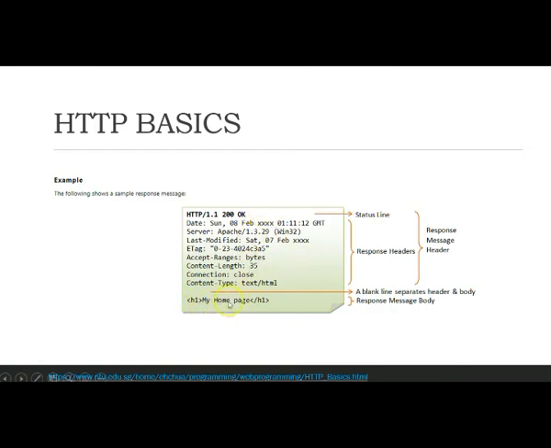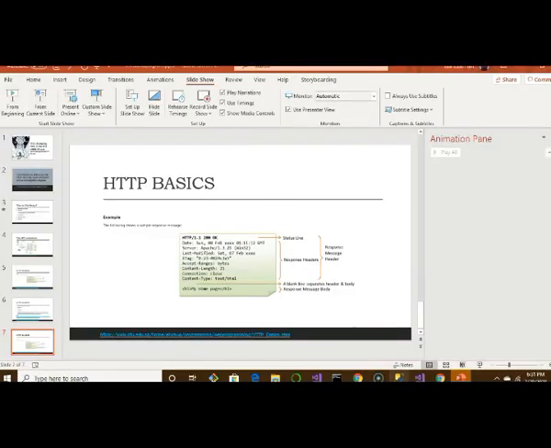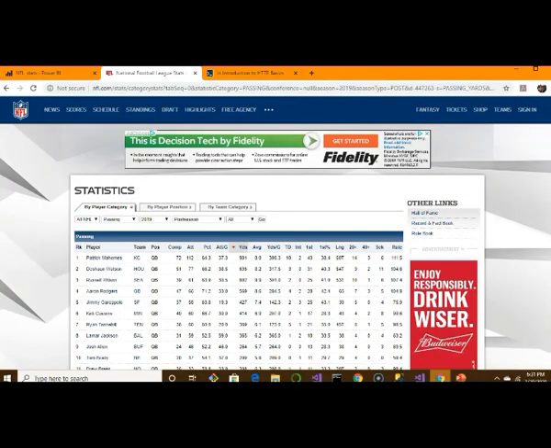Then it's going to have the body. In the case where we're asking for an HTML file, that HTML document will be in the body right here. So you see H1, my home page. That is HTML right there. Let's go ahead and see if I can get out of here. This is going to be a good segue, because we're finished with this part of this multi-part segment. But as a segue, let's go ahead and